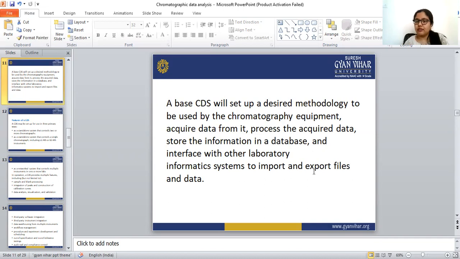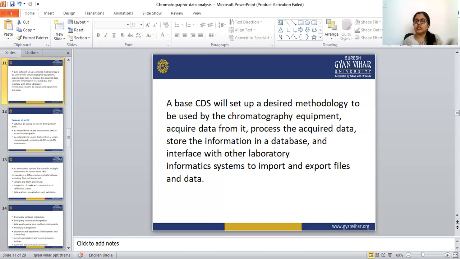First it helps us collect the data from the chromatographic equipment. After that, it processes that collected data. After processing, it stores the collected data in the database, and interfaces with other laboratory informatics systems to import and export the files and the data.